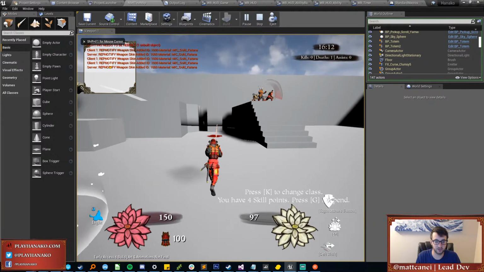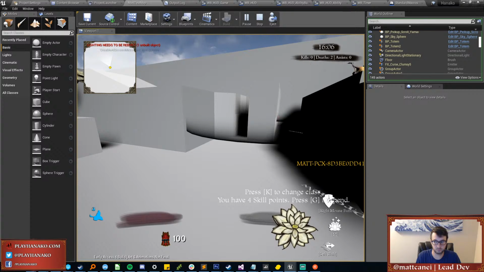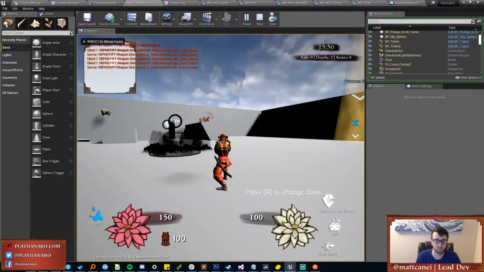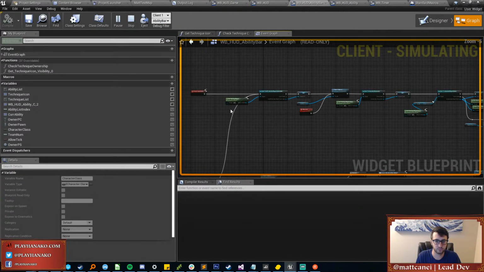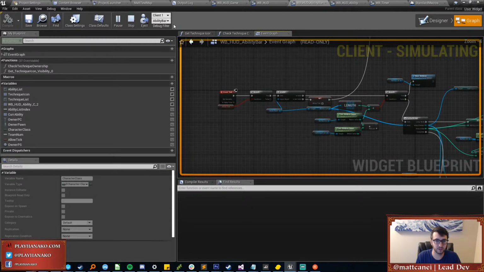Okay, now I don't have an ability bar at all. Okay, well that's weird. Let me see if I can see. That's weird. It's not even